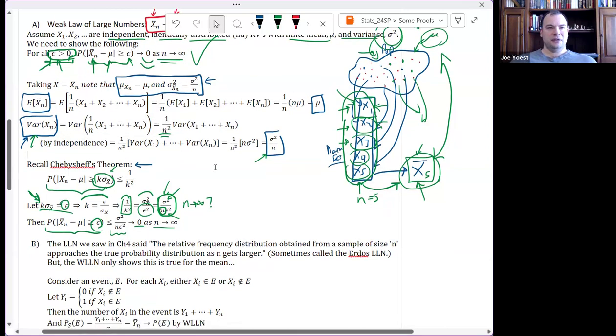We saw how probability splits apart products under independence, where the probability of A and B is the probability of A times the probability of B. Under independence, we get something qualitatively similar for the variance. The variance of the sum is the sum of the variances. The variance in a sense splits apart sums, but under independence.